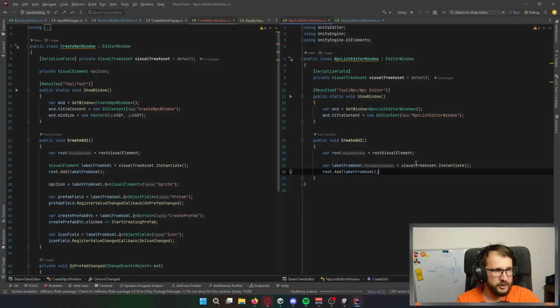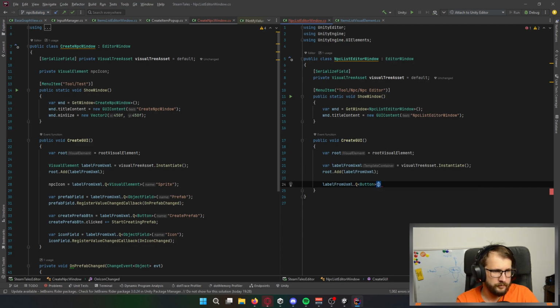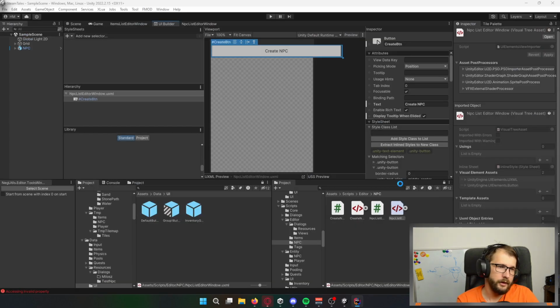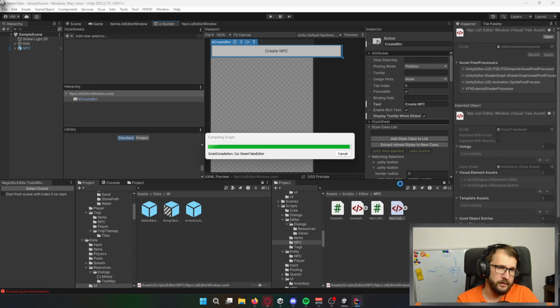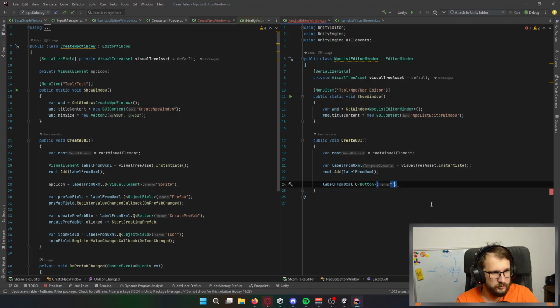So this is create button. So let's query button from it with name create button.